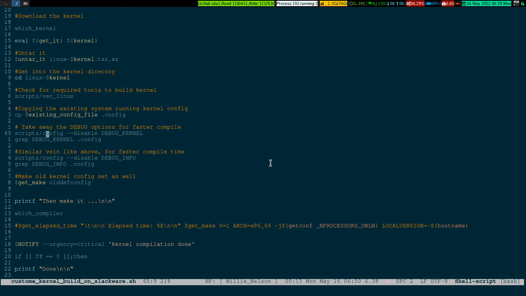Okay, then there is a script called config which will take a parameter, enable or disable, and I call it from the top level directory of the Linux source tree, if you follow along. It will be called like that. I disable specifically the debug kernel info and debug kernel. You could comment it out, because if you turn it off,